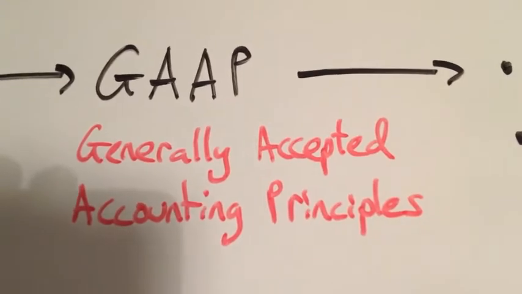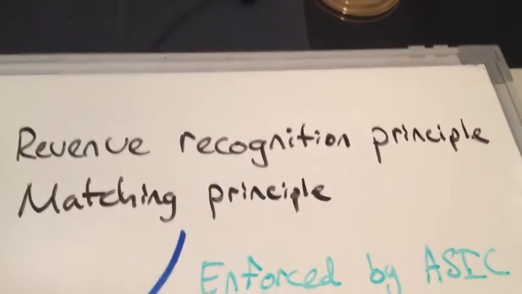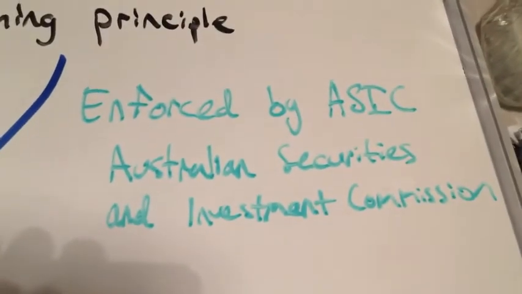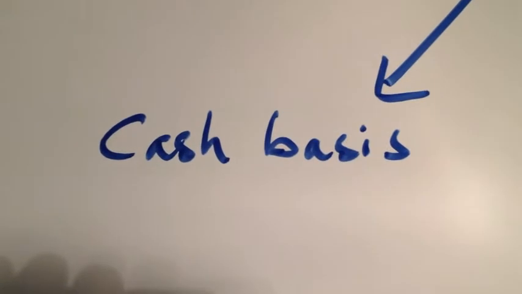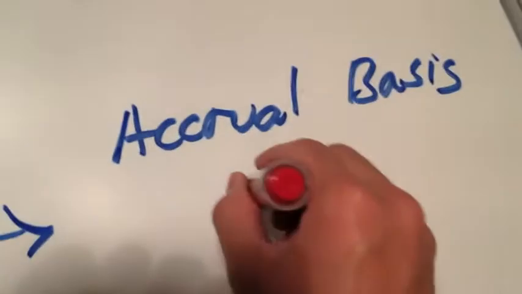Well, the Australian Accounting Standards Board has developed the generally accepted accounting principles in Australia, which requires the revenue recognition principle and the matching principle to be upheld. That is, recording revenues when they are earned and recording expenses in the period they are incurred. Due to this, accounting information under the cash basis is prohibited, thus requiring the use of the accrual basis as